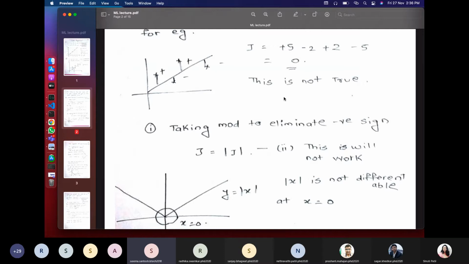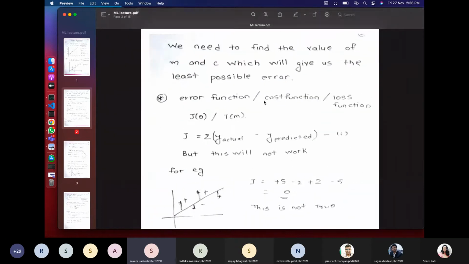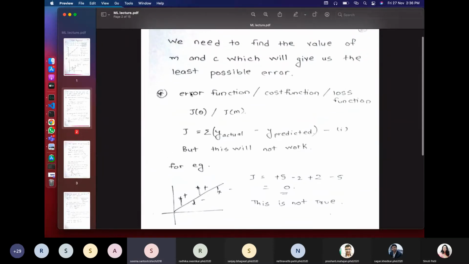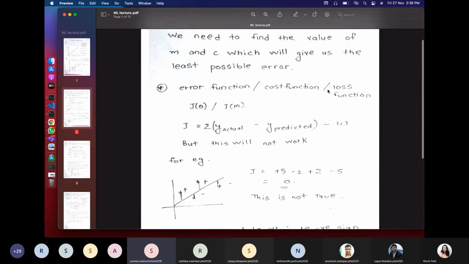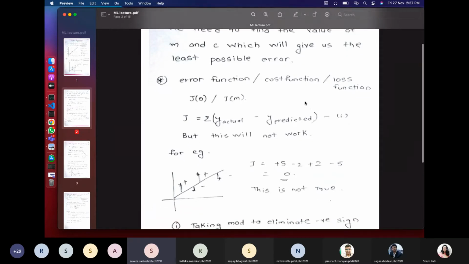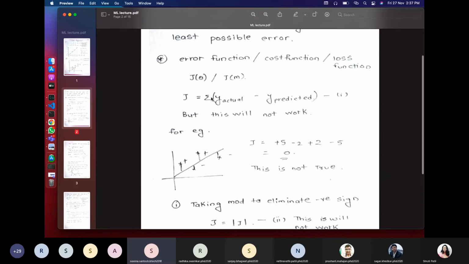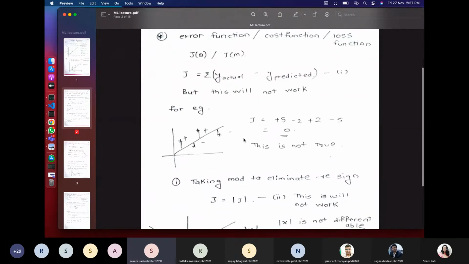So first of all, what we try to do is find the error between our actual value and the predicted value. So here is something which is known as the cost function or error function or loss function. There are many terms by which we can recognize this. This value is actually y actual minus y predicted. Though this is a simple error formula, we can't use this formula directly. Can someone tell me why?